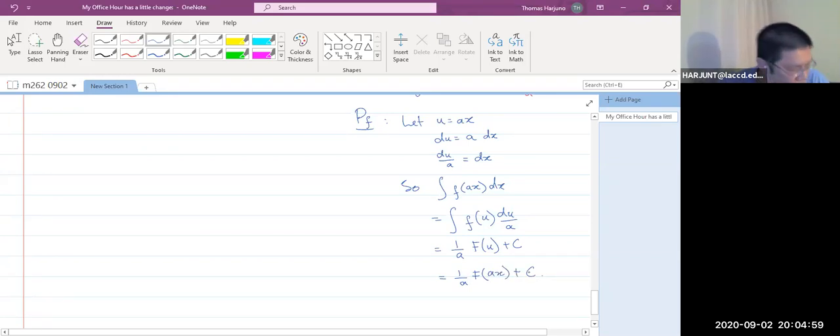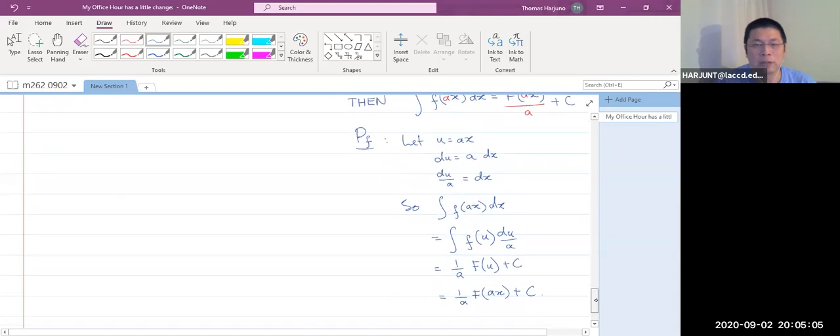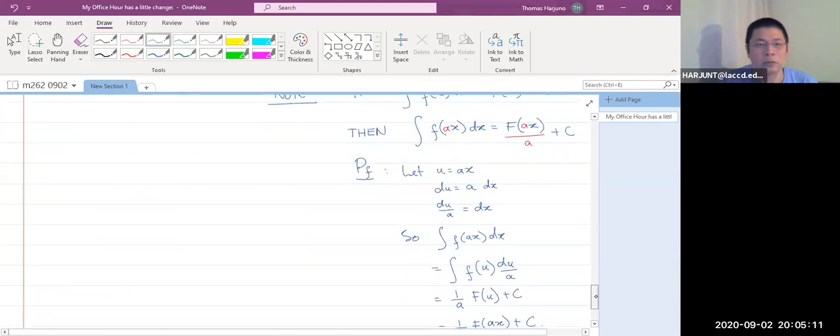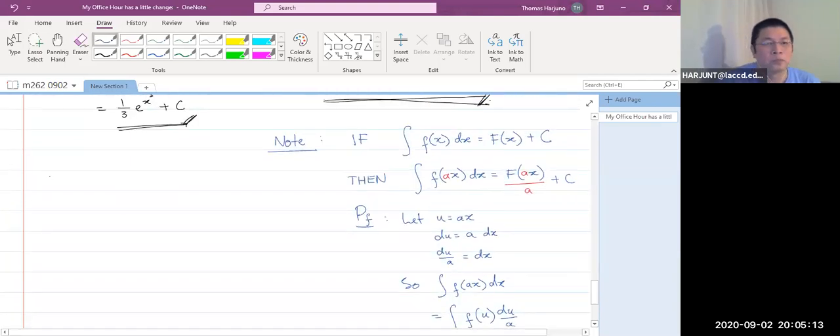Now that will actually help your computation a lot faster. Instead of needing to do u sub every time you have 2x or 3x there. Come on, you know. Okay, so using that idea,